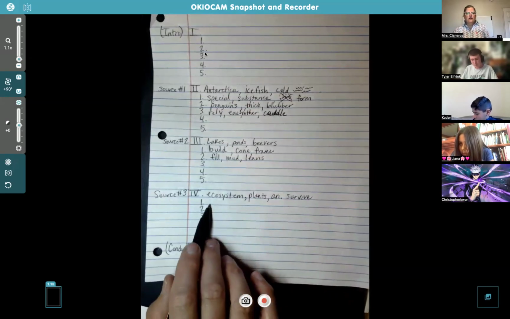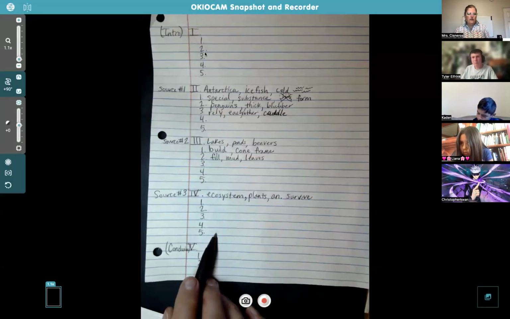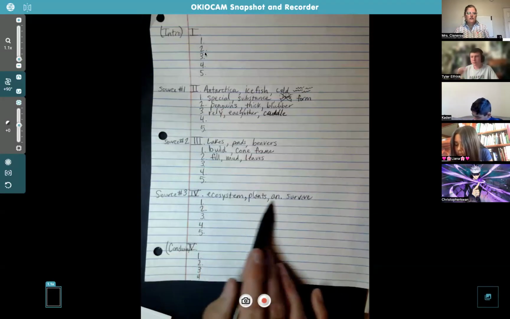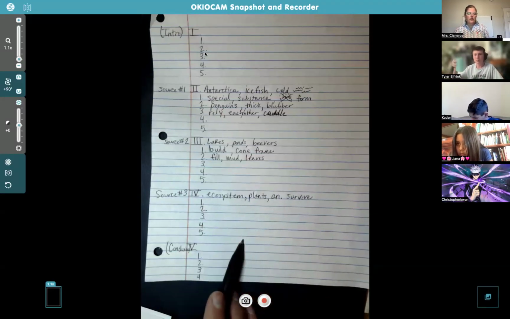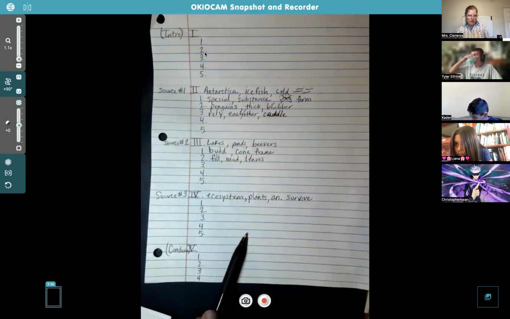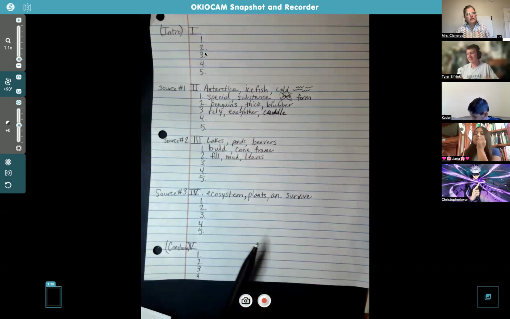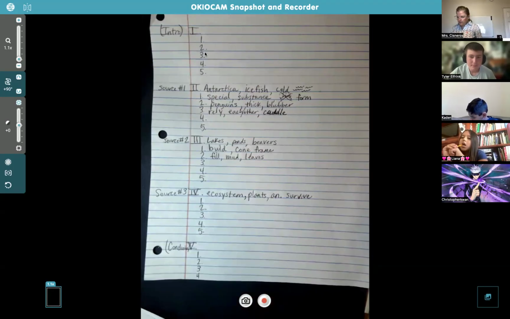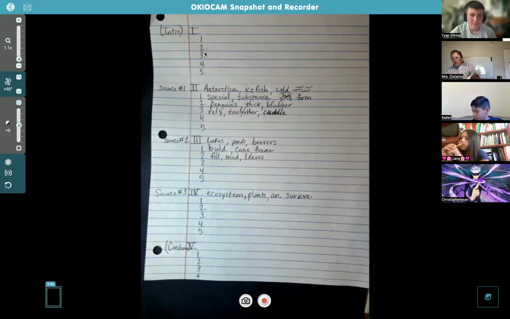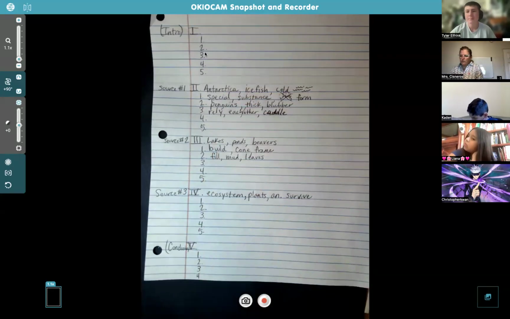And what you're going to take here, and we don't have time to do it now, this will be part of your homework, but you'll look at source 3 and start writing down keywords of information that you find about source 3 that relate to animals. It mentions animals and oak trees and things like that. So it's okay to combine a little bit about plants here in this part. Now you have officially finished your articles, and the first step is finishing your body outline. Now we're going to talk about the conclusion next.